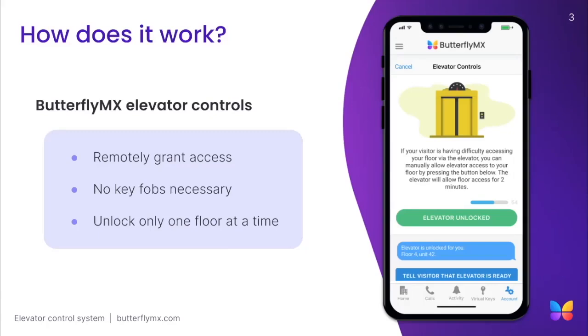Once access is granted at the front door, the guest will simply be able to walk themselves to the elevator and select the floor they need to get to, and only that floor. This maintains the existing security in place for unwanted visitors while also improving the property staff, resident, and guest experience. Now that we know a little bit more about the solution our elevator control system provides and how it works, we can take a deeper dive into the hardware.